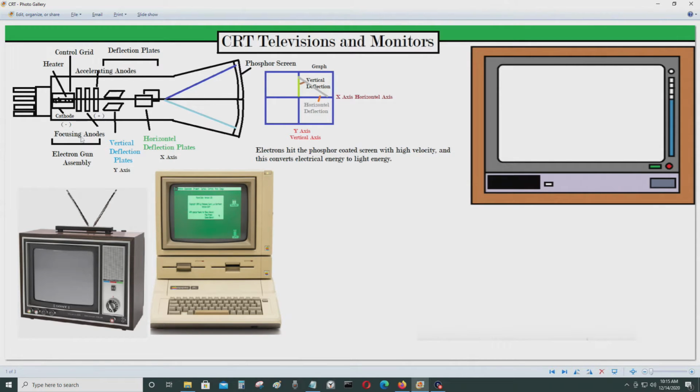So the first thing you have is the cathode. You have basically the control grid, and you have the focusing anodes and accelerating anodes. So where the beam goes first, the beams are generated here in the cathodes. When the cathode is heated, that emits electrons, right? And then it goes to the control grid where